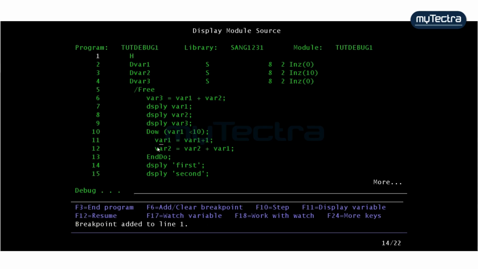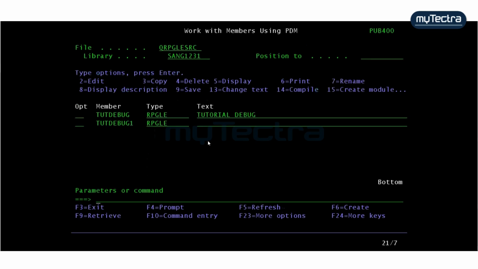And one more thing is, let's say I want to put the breakpoint on var1 when the var1 value is 5. So what you need to do is, you have to write break, a line number, when var1 equal to 5. That way it is adding the breakpoint here. So now if I take F12 and I call the program,